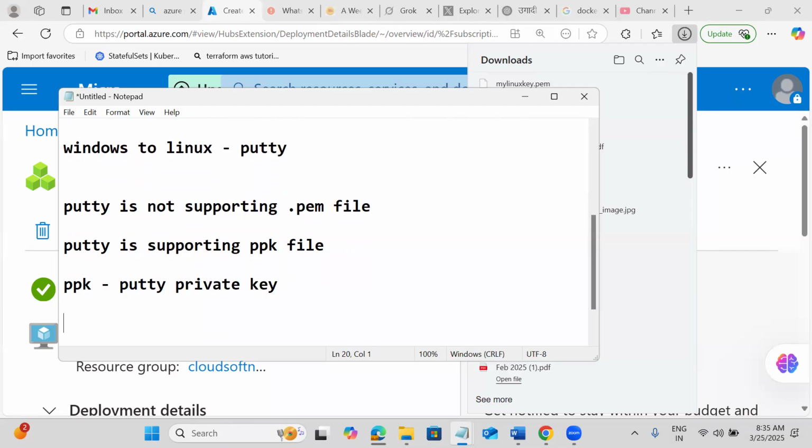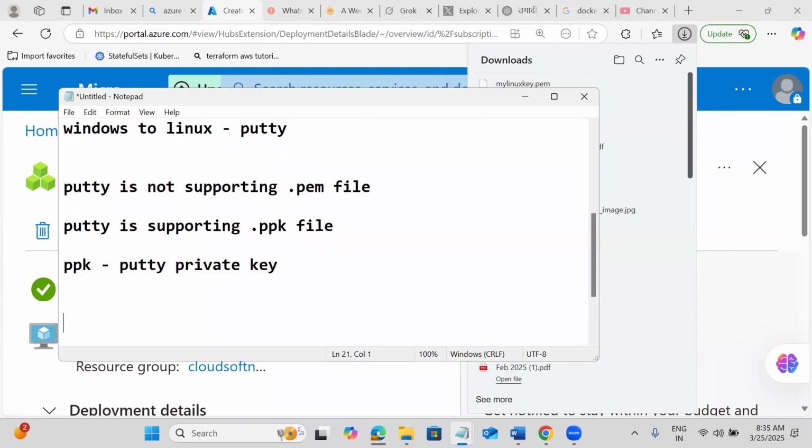Okay. So in the OpenSSL kind of format, that is Linux to Linux, directly from the Linux commands, if you want to access another Linux machine, we can use it. But Putty is not supporting the PEM file. So we need to have a .ppk file. What is the extension ppk? Putty private key. So we can convert PEM to ppk using